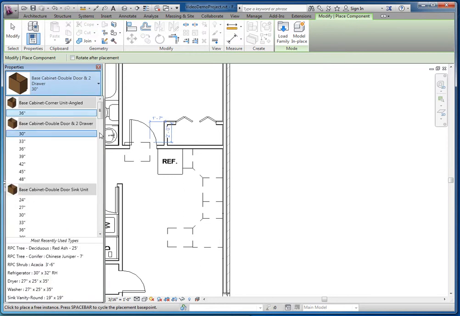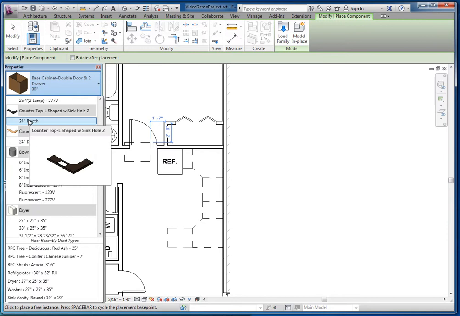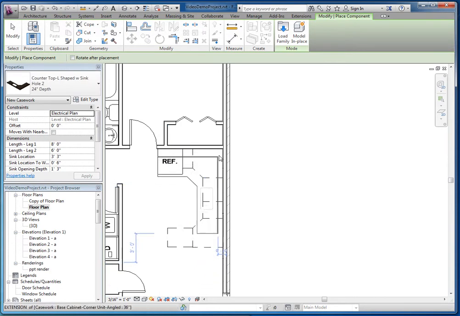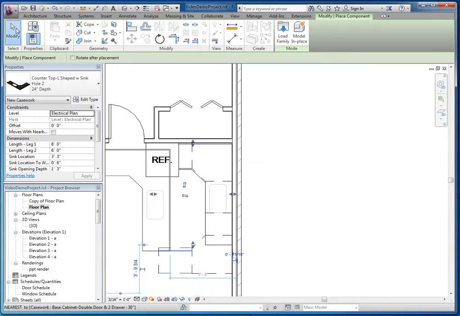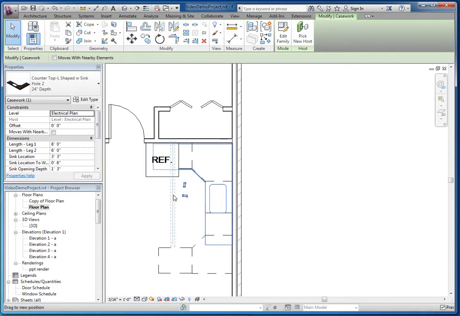So I already had that countertop loaded, so I have to go and choose it from my list. And I've got to rotate it the correct direction, and I'm going to place it right in the corner. And notice that the fit is not quite what I'm looking for, but I'm going to make some adjustments. Using these handles, I can just kind of slide it to the appropriate spot. This one will stop right